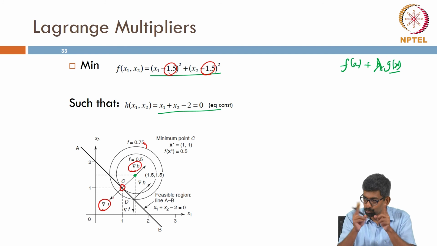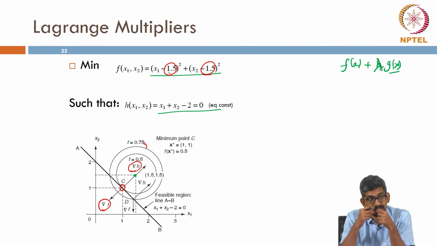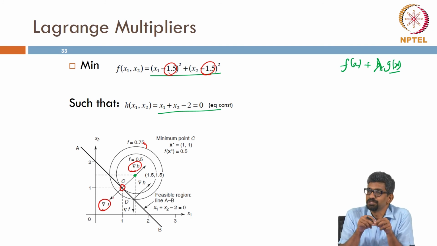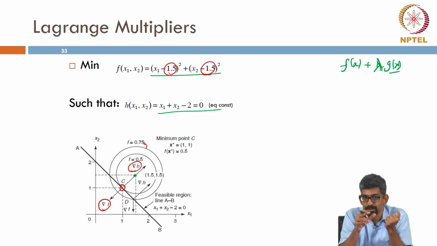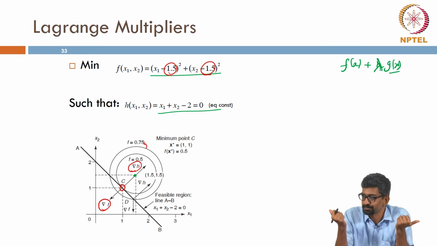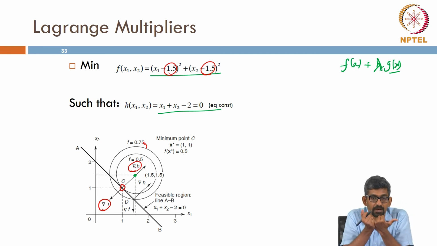So, there you can use it two ways. This is similar to what Kiran was trying to tell me, like del f equal to 0. You can use it in the reverse fashion, or while trying to seek an optimal point you just need to see where my gradient and this guy are in the opposite direction. Or if I have got my optimum point in an approximate manner, I just need to check whether this condition holds good. Okay. So, the del f and del h will be in the opposite direction,